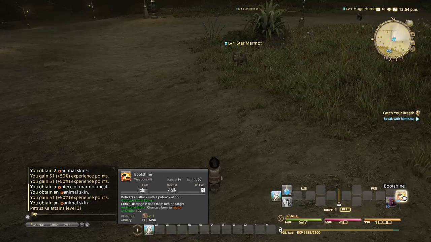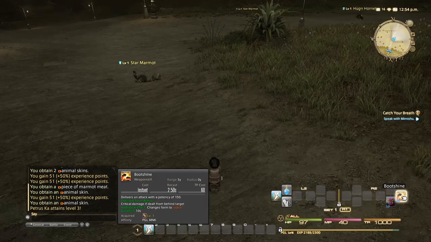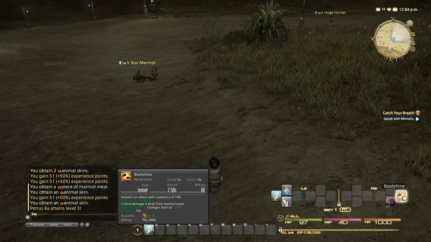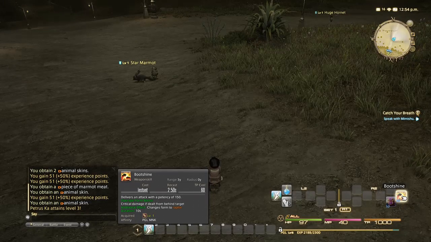In other MMOs, you're generally not going to have to worry about that. Generally in MMOs, when you create a character, you pick the class that they are, and they are that class. And so you don't have to worry about abilities from other classes or anything like that. You won't have access to those. In Final Fantasy XIV, it's a little bit different. Here, one character can be